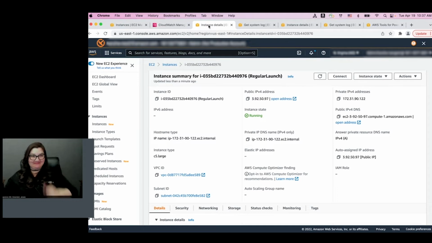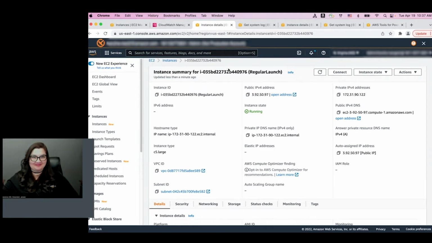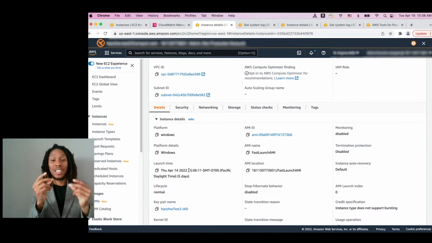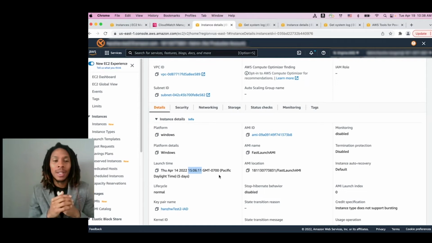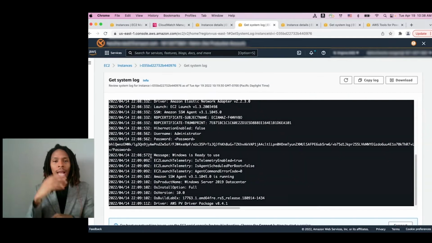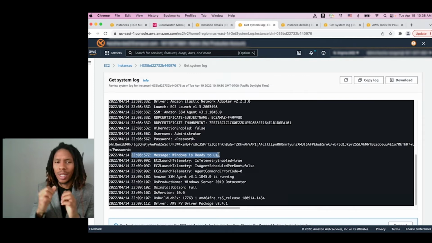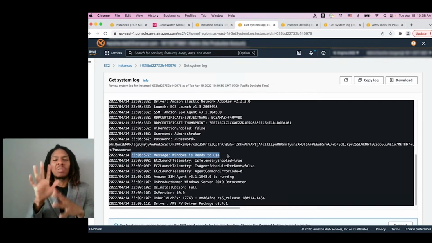So here's the time when the instance was started to launch. It's actually too small for me, so I couldn't see the number. And then here's where the actual Windows Ready came up. Hanzo, I missed how many seconds that was. Yep, this is an instance that's launched without fast launch. You can see the launch time is about 2 minutes. So this is one where we didn't do the optimization, just a normal standard AWS launch, which took about 2 minutes. Then we can show you one that was done with fast launch.